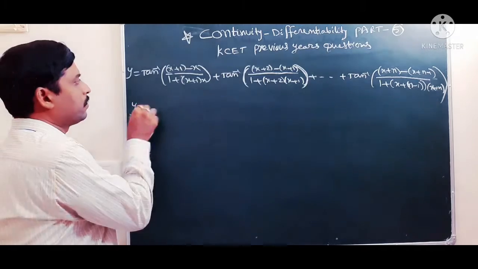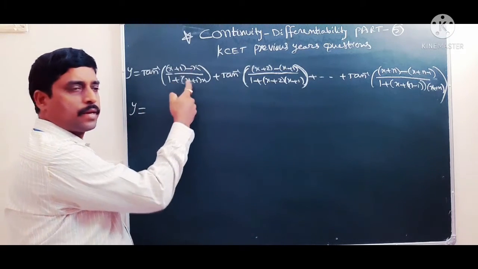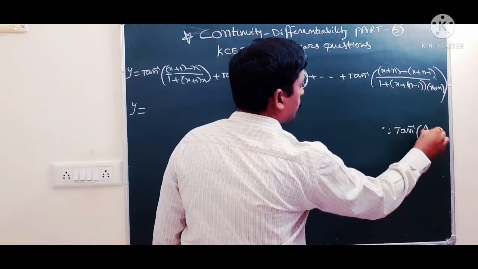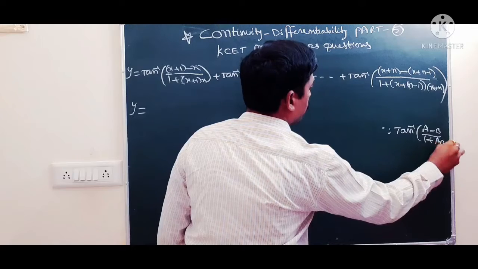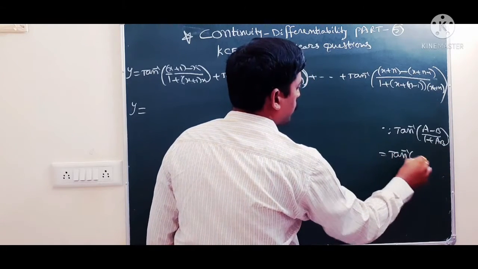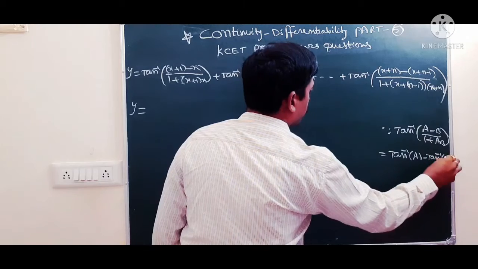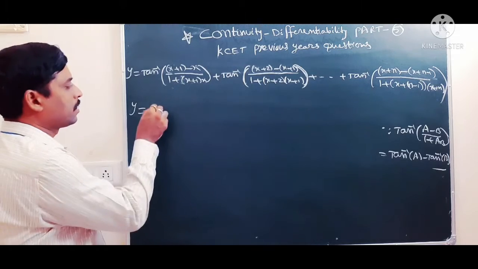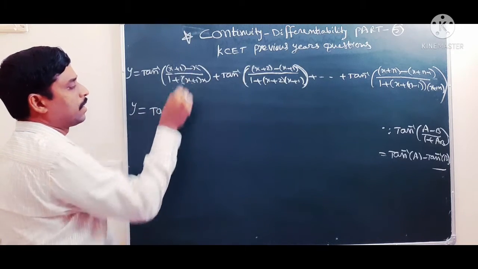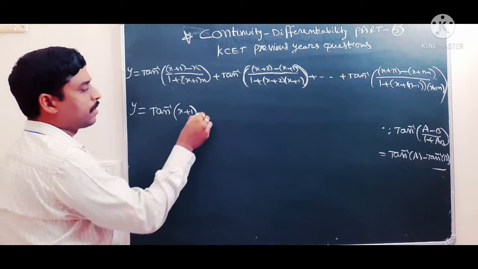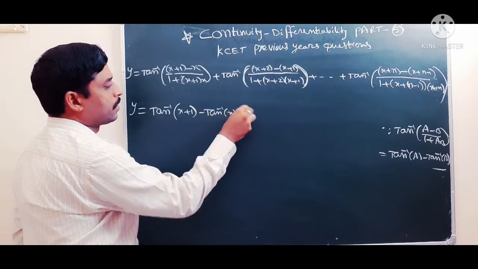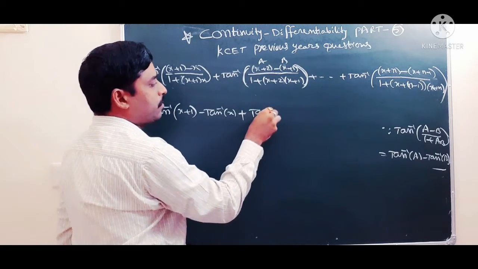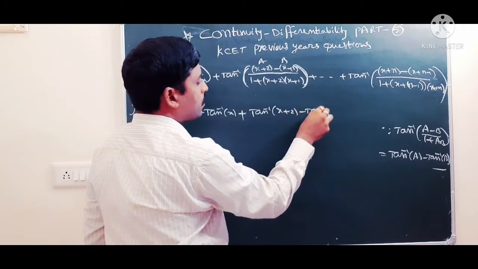Therefore, y is equal to, by using the formula tan inverse of (a minus b) by (1 plus ab), this will be tan inverse of a minus tan inverse of b. Okay, next, this is also the same. Tan inverse of (a minus b) by (1 plus ab), tan inverse of (x plus 2) minus tan inverse of (x plus 1),